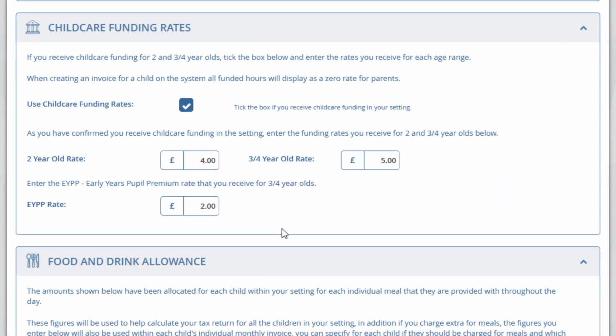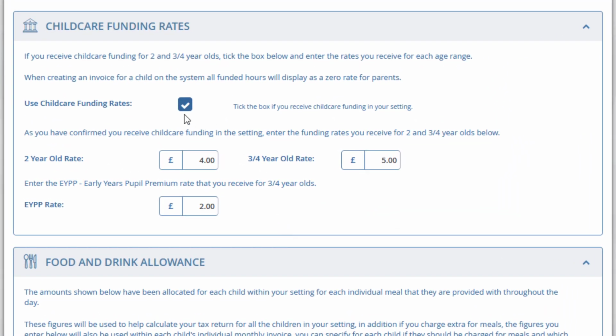If you accept childcare funding in the setting, ensure you tick this box and then select the rate that you receive for 2-year-olds and 3 and 4-year-olds. Here we can see £4 an hour for 2-year-olds, £5 for 3 and 4-year-olds, and the EYPP Early Years Pupil